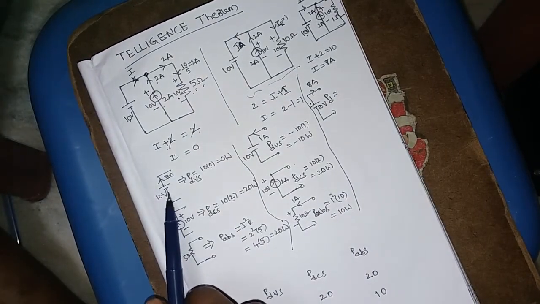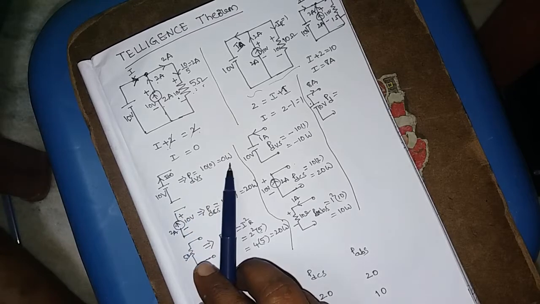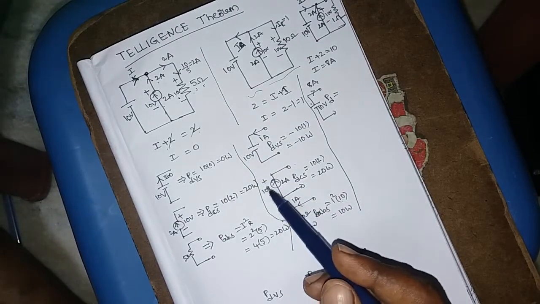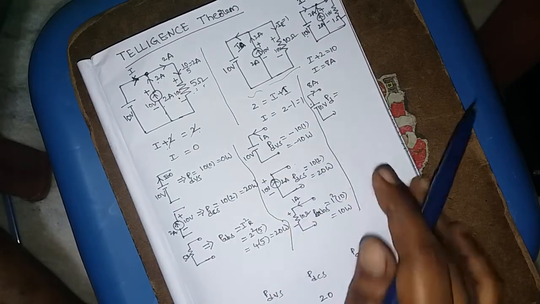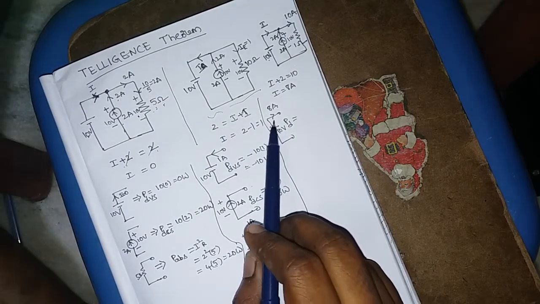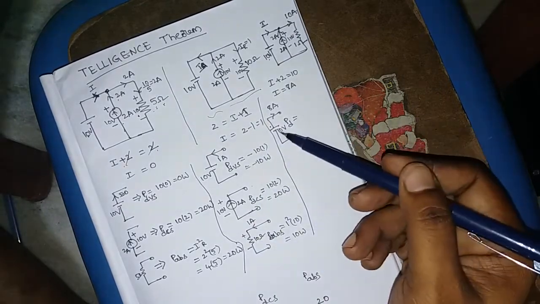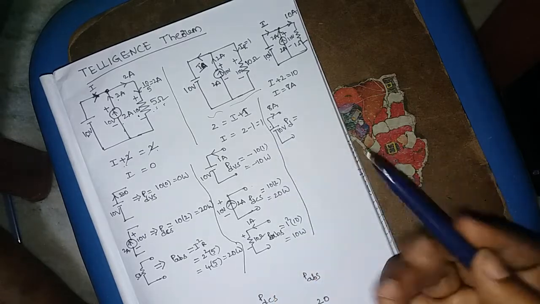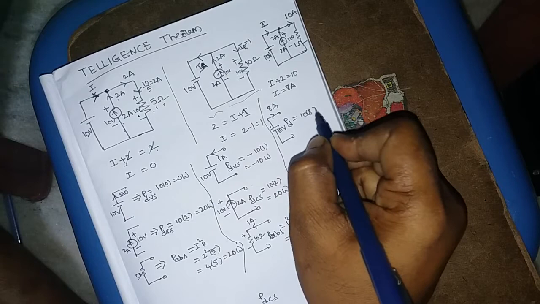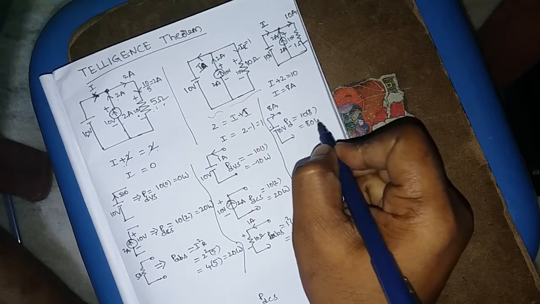Yeah, here you can observe the 3 cases. First one is when there is no current in the voltage source, power delivered is 0. Second case is when current is towards the voltage source, then power delivered is minus. And third case is when the direction of current is away from the voltage source, then power delivered is positive. So therefore it is 10 into 8, 80 watts.